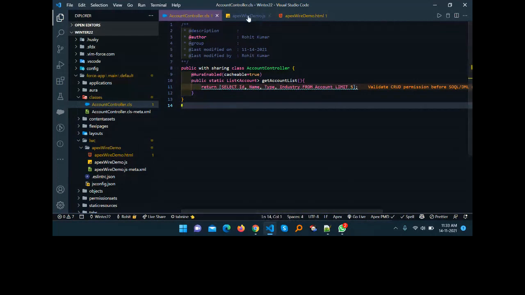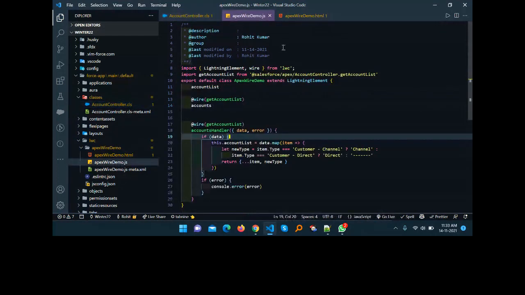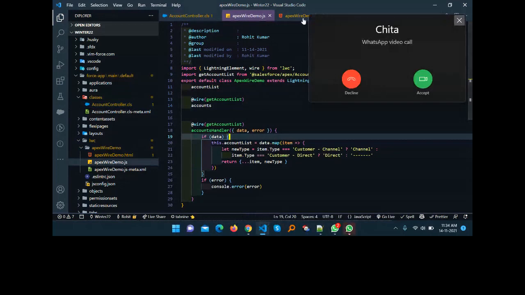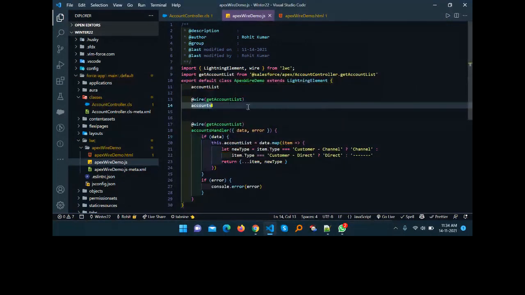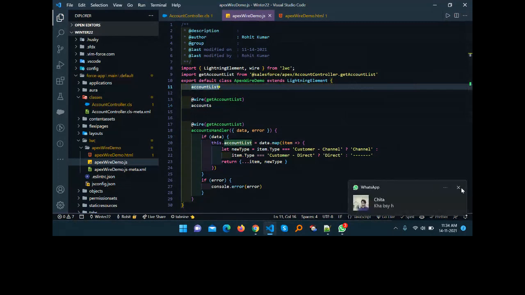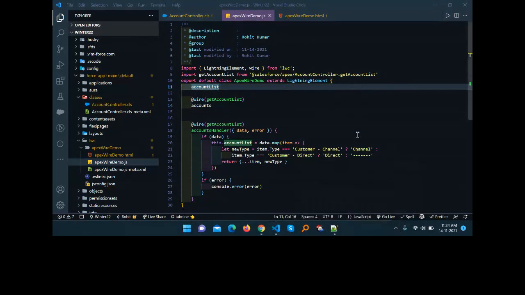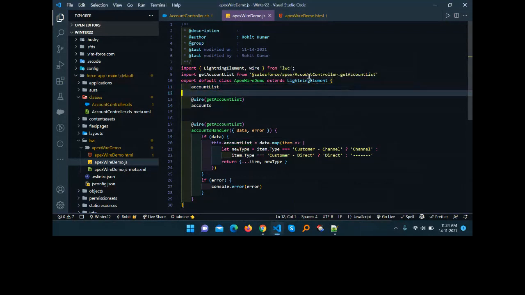And this is my LWC component. Here you can see this import statement, and with the import statement you can use this controller in the LWC.